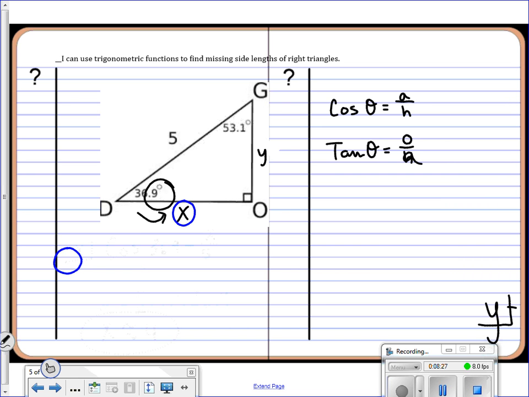So I could try to use either one of these equations, but one of them is going to cause me another problem, and it's this tangent one. The reason is because I don't know what the opposite side is. It's unknown. So I'd end up with a y over x for this equation. That's 2 unknowns. I might have the angle of 36.9, but I have 2 unknowns over here, so that equation becomes void. Okay, so my preferred one is going to be this cosine